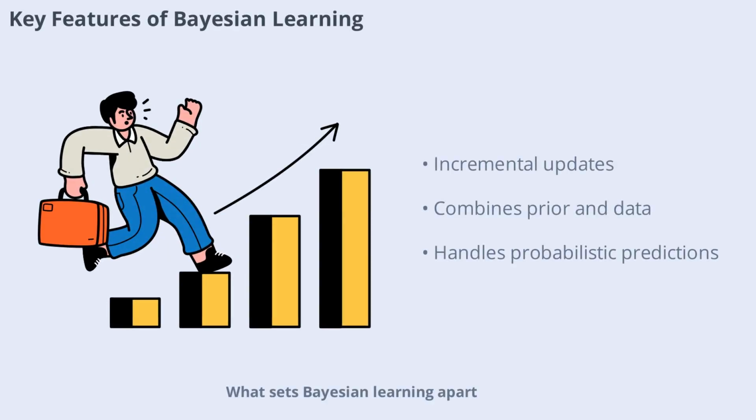This is what sets Bayesian learning apart. Each training example can increase or decrease our confidence in a hypothesis, rather than eliminating it outright. Prior knowledge is combined with observed data, allowing for more informed decisions. Bayesian methods can handle probabilistic predictions and classify new instances by weighing multiple hypotheses. Even when computations become complex, Bayesian approaches provide a gold standard for optimal decision-making, serving as a benchmark for other